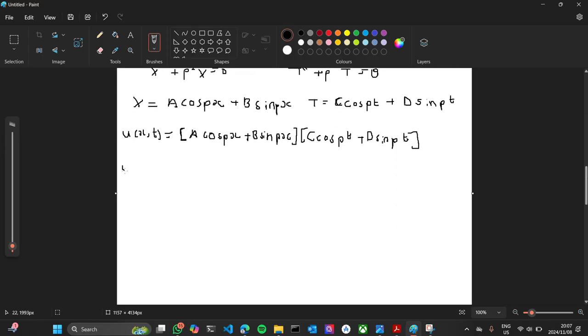So the first one, u of 0, t. Let me just write what the value of that is. It equals 0, right? Therefore, 0 is equal to